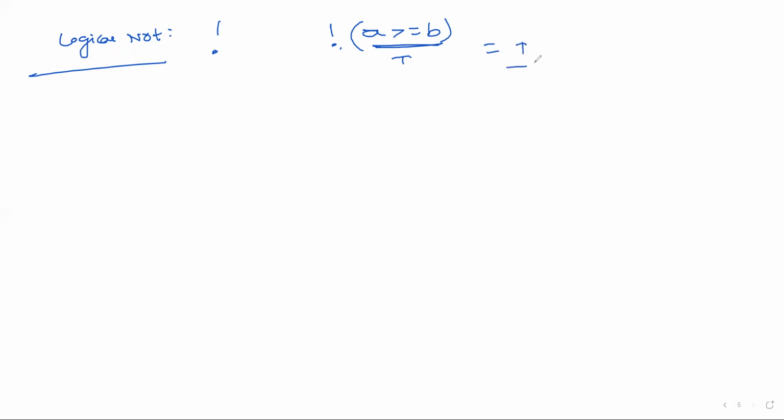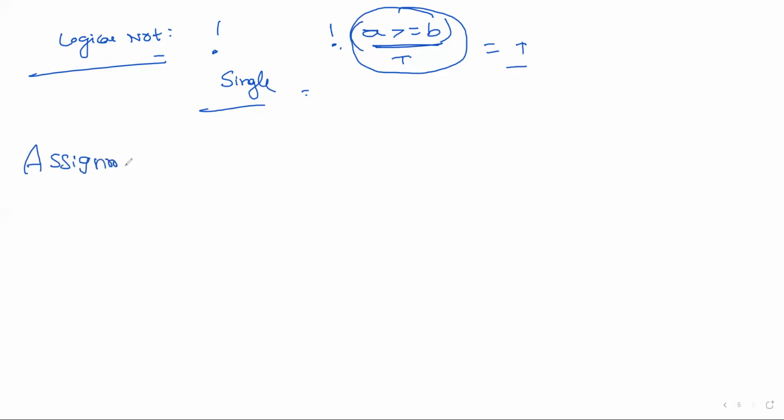That means the logical NOT operator takes a single expression and evaluates it. After evaluation, if the result is true, then applying the NOT operation converts it into false. If the result is false, it is converted into true. It simply reverses the result. Okay, these are the 3 logical operators.